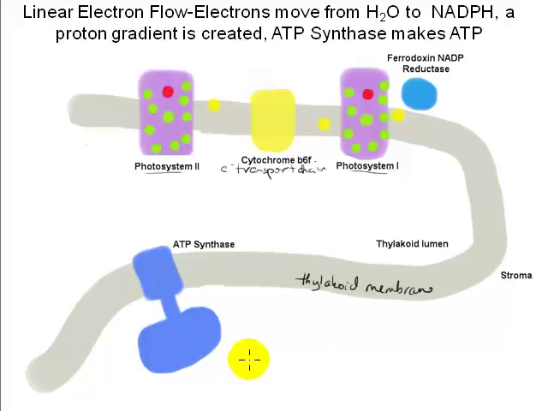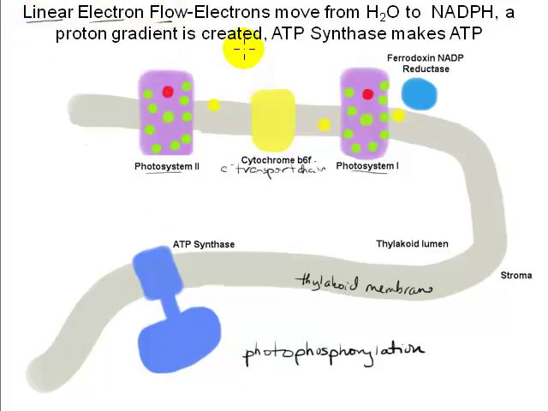The mechanism is identical to what we saw happening in the mitochondrion with oxidative phosphorylation. In this case, since energy to move electrons is being derived from sunlight, here the mechanism is referred to as photophosphorylation rather than oxidative phosphorylation. Okay, so let's put all these pieces of the puzzle together and see how they might act together to transform sunlight energy to chemical energy in the form of ATP and reduced coenzyme NADPH in a process called linear or